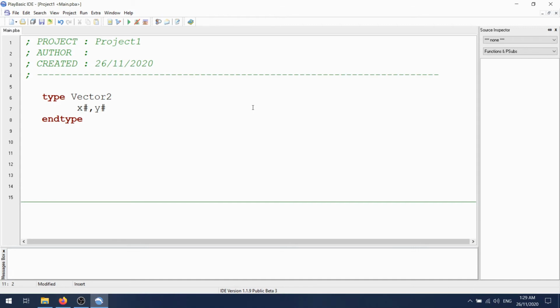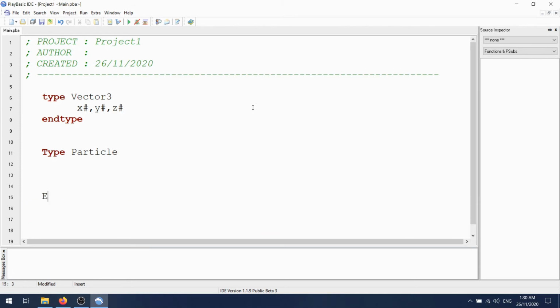But what you could do is, here's my vector with just an X and Y coordinate. I think it actually works in three-dimensional vectors, so we have x, y, z, and then we have our group of vectors that we need. This might be, I don't know, we'll call it particles because that's just the way things are at the moment. It's a name that comes to mind.